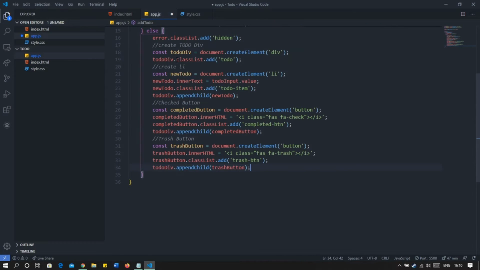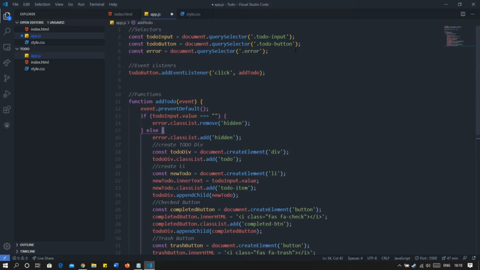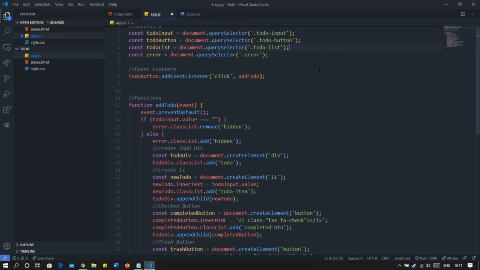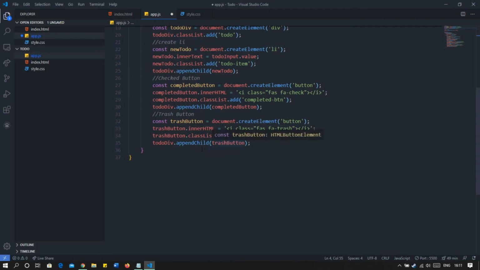So for that selection we will use here constant to do list equal to document dot query selector, and we will select to do hyphen list that we used before. So here now we have the element, we will add it to unordered list, right?